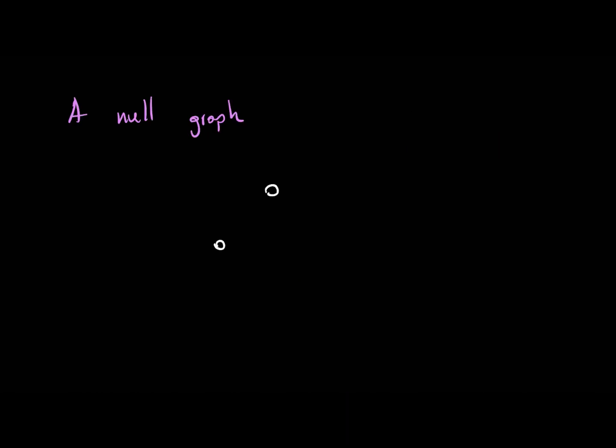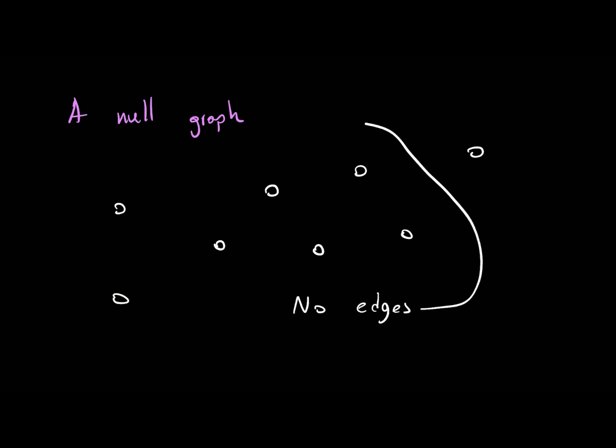Some number of vertices, heck, it could be a million of these, but there are no edges. This is what we call